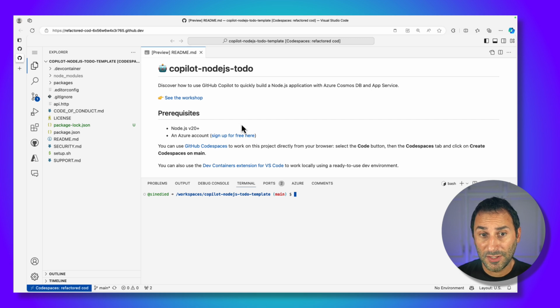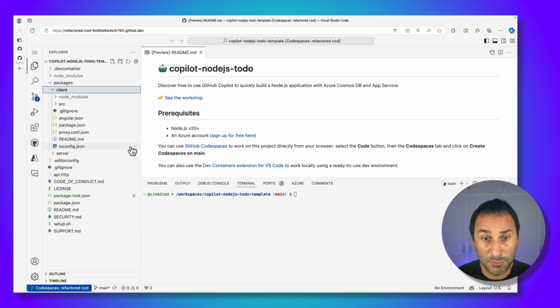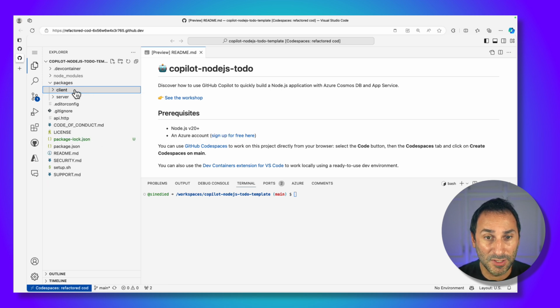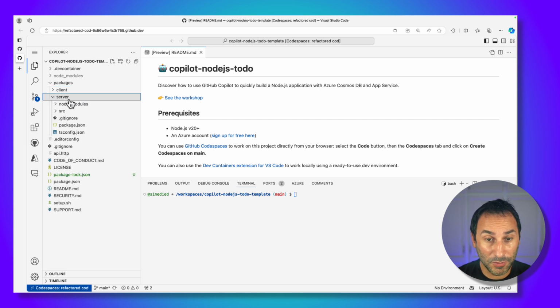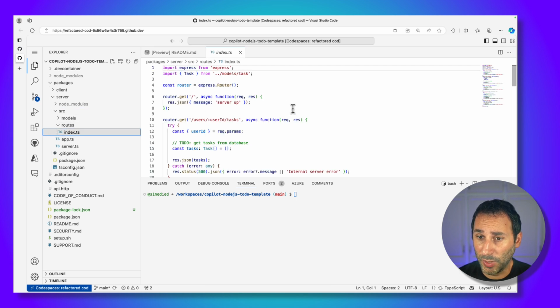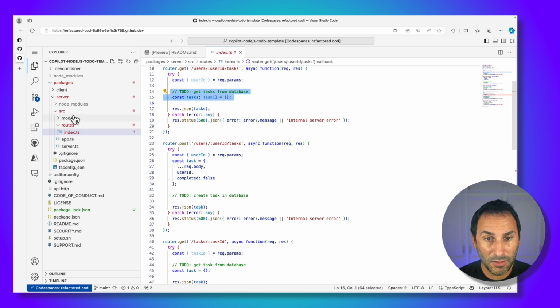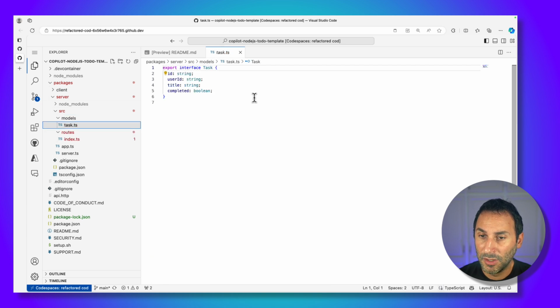Okay, so first, let's start with an overview of the project. This project is built as an NPM workspace. We have two packages, one for the client that's built using Angular, but it's already done for us and we won't focus on this part for this video. And we have the server code inside there. You can see that we have a few things done for us. We have the API routes with a few stubs that we'll probably have to complete a bit later,